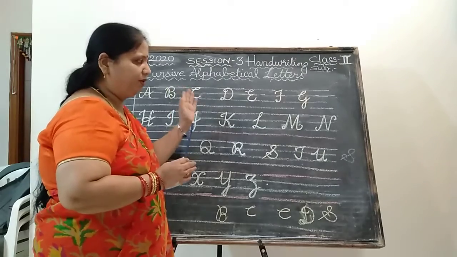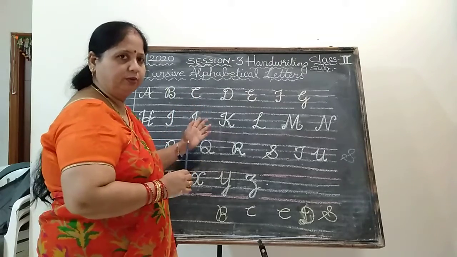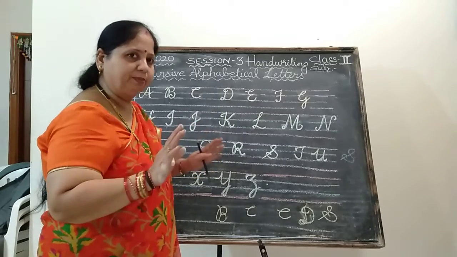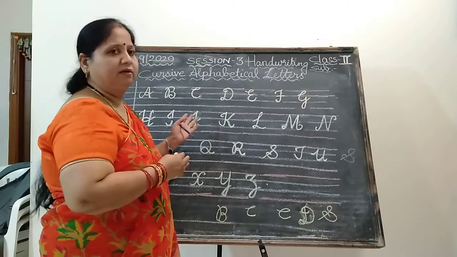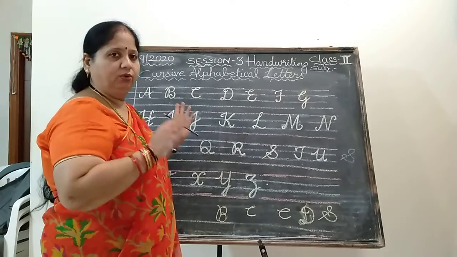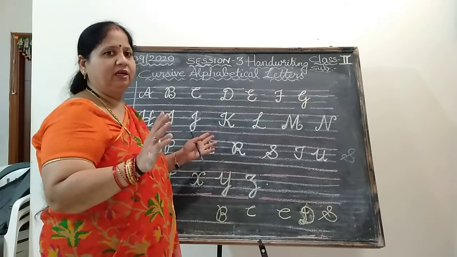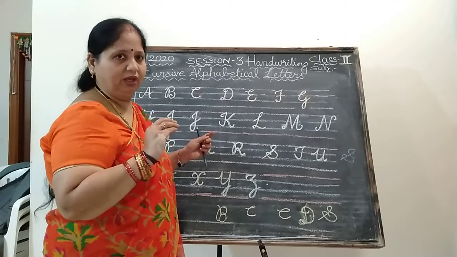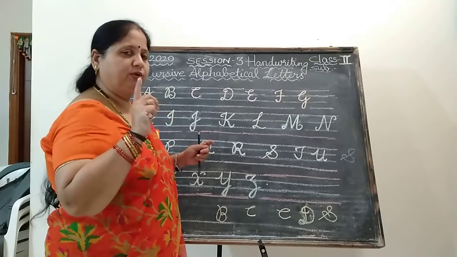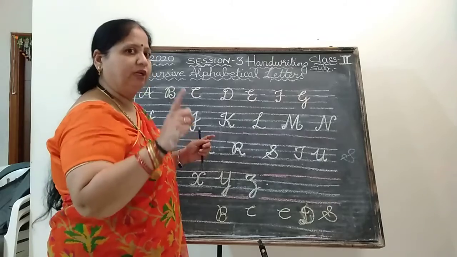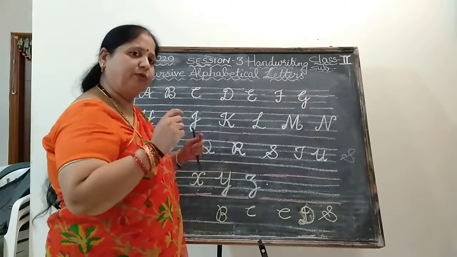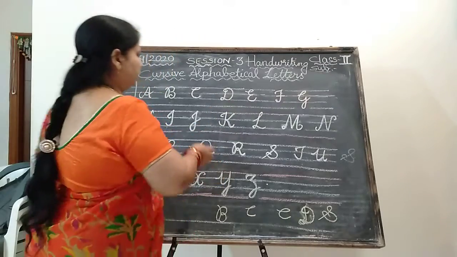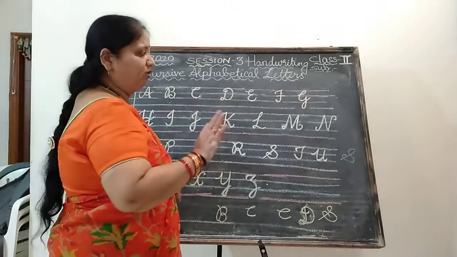If you want to get very good handwriting in your class or notebook, your pencil should be sharpened. If your pencil is not sharpened, you can't write with good handwriting. Don't use a blunt pencil, children. This is a small request for my tiny kids. So please carry on with a good pencil. Tell your mom to sharpen the pencil, or if you know, sharpen your pencil yourself and then start writing, children. Don't make any blunder while writing.